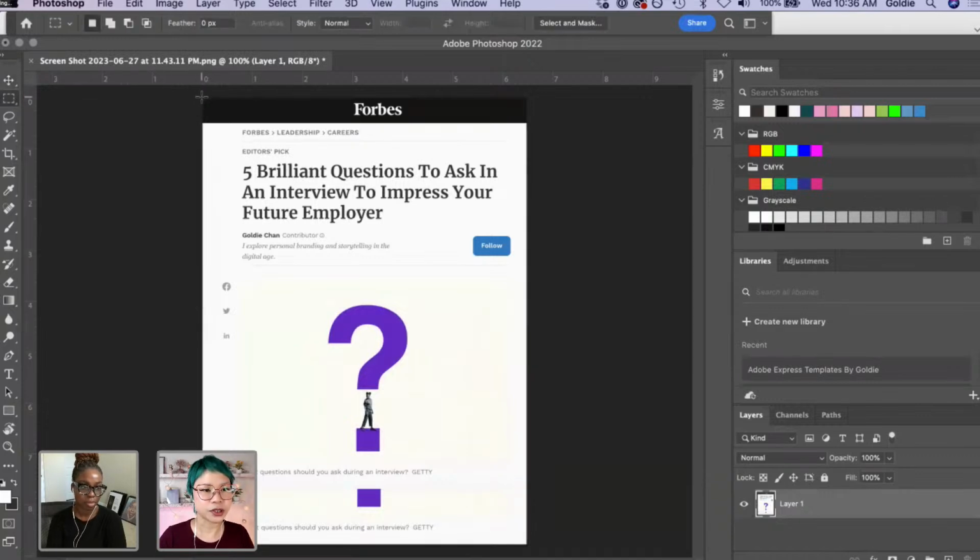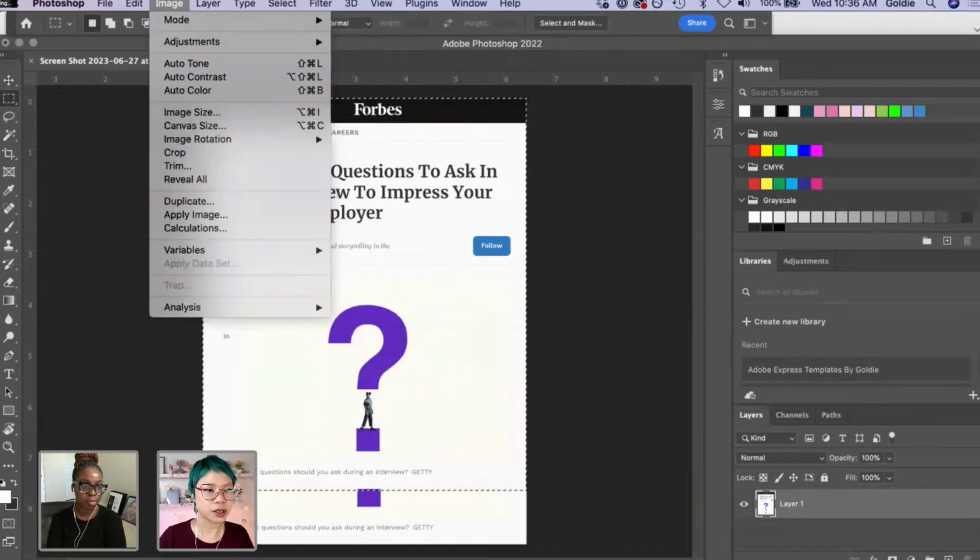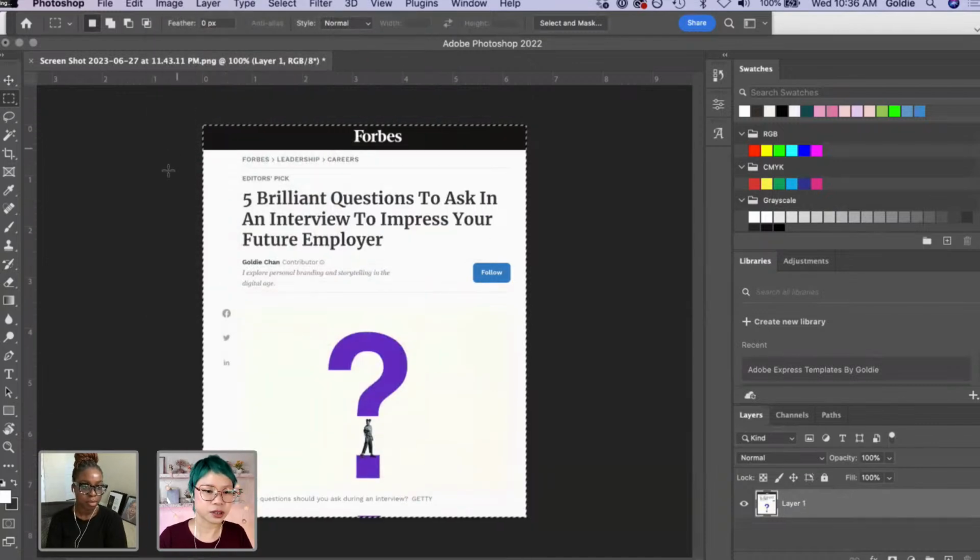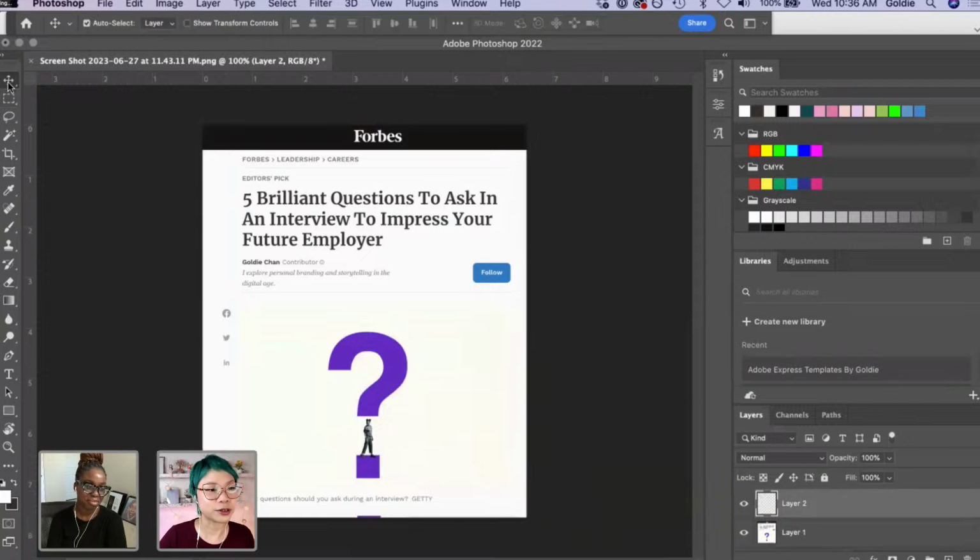And then what we're going to do is go ahead and crop this shorter. And I'm going to get rid of that in a second. So we're going to go into Image and we're just going to crop this. Once again, this is maybe not the most advanced Photoshop tutorial you'll ever see, but that's okay because we don't really need super advanced stuff right now. Exactly. You just need enough. We just need enough. So we're going to merge that down.